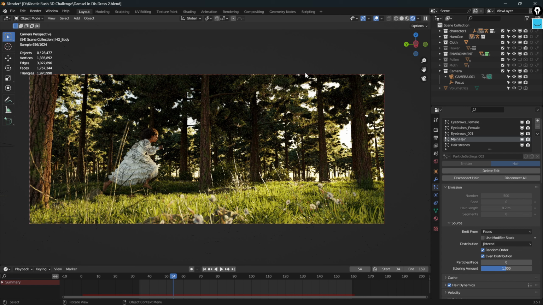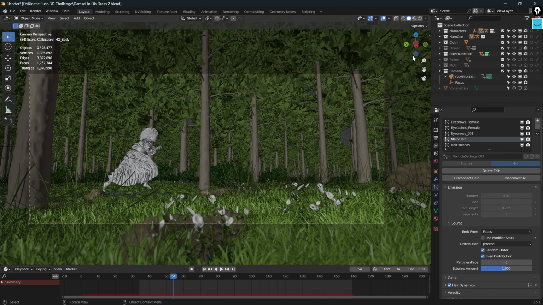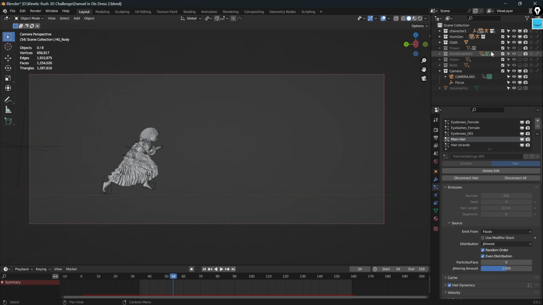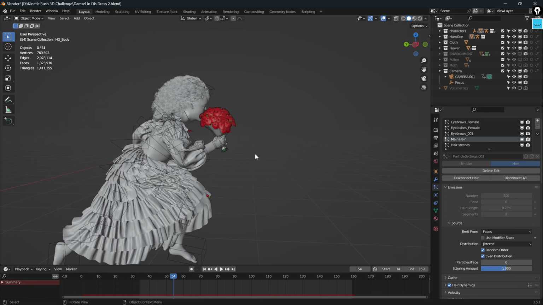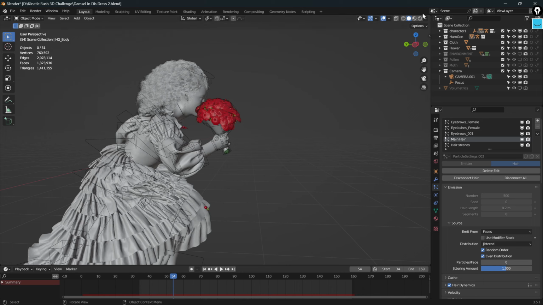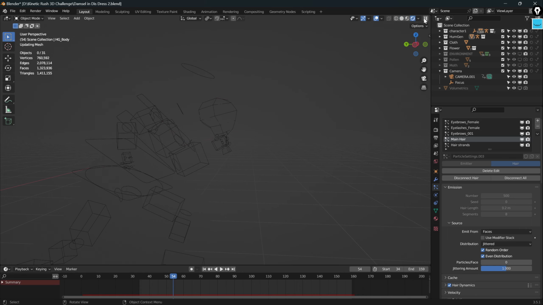And the next thing we're going to go with is the flowers, because this is a wedding dress. So obviously, if she's a damsel in distress that is just coming from a wedding, she's meant to have what? Wedding flowers. And that is what these are. These flowers I just got from Botaniq, roughly, and then I did some rough modeling